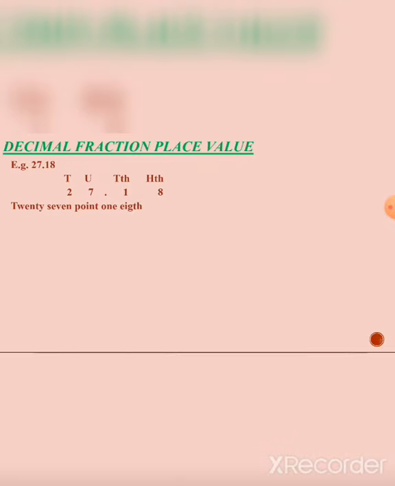Now let's start giving the place value. How we will write? The first number is 2. At which place is it? Tens. So we will multiply 2 by 10. So the answer comes as 20. The next number is 7. And at which place is it? Units place. So we will multiply 7 by 1. 7 multiplied by 1, your answer comes as 7.